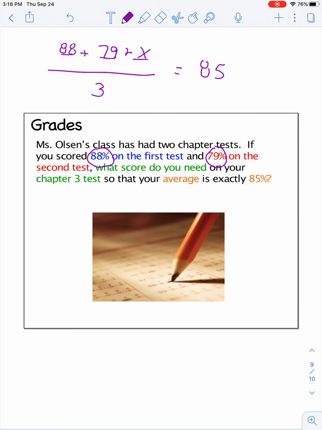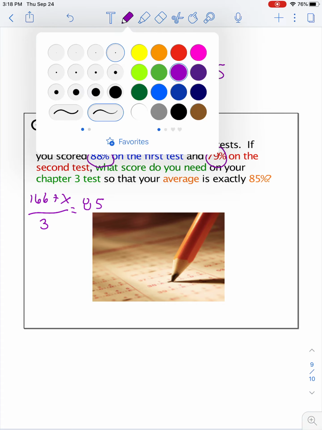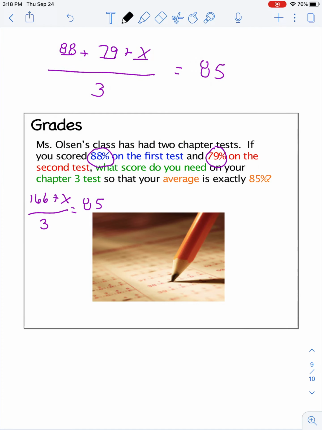And of course, a lot of people simply guess and check on this, but now we can go ahead and add the 88 and the 79, and that would give us 166 plus our x divided by 3 equals 85. Now we're just going to solve this, okay? When we have 166 plus x divided by 3, we have to multiply by 3 first. So when we multiply 85 by 3,